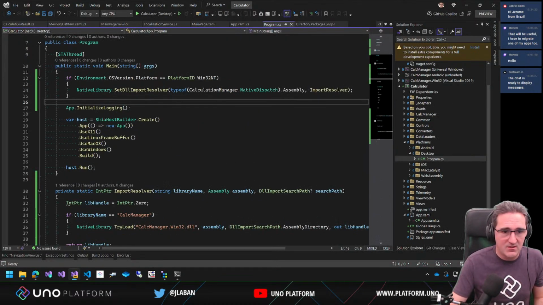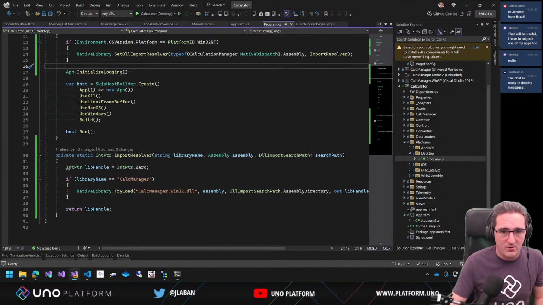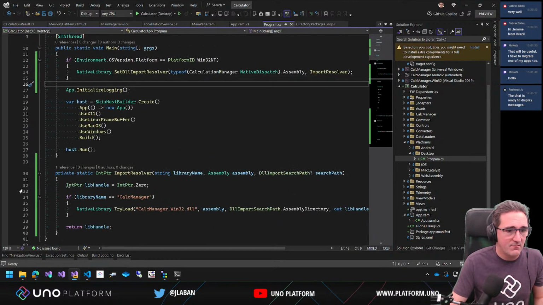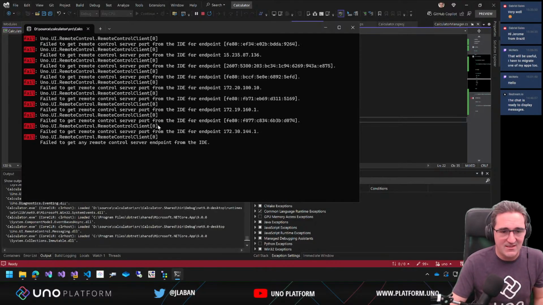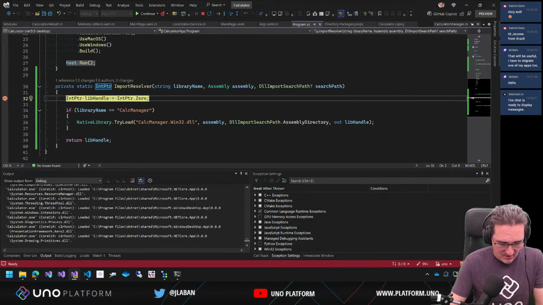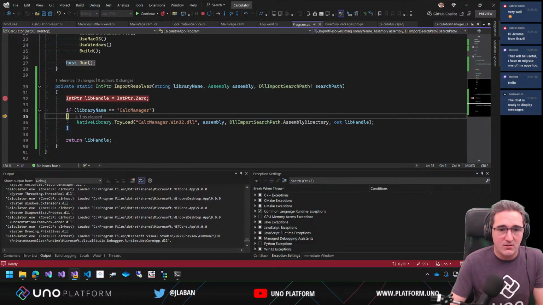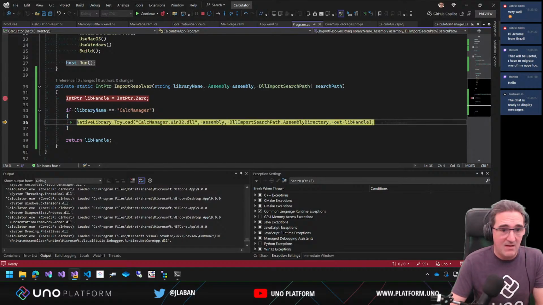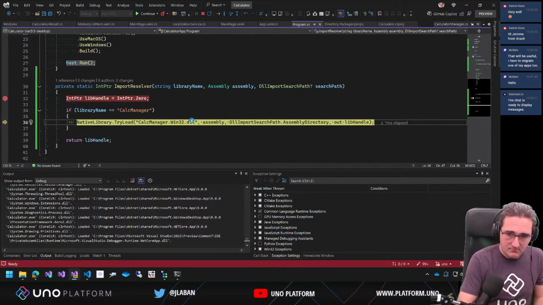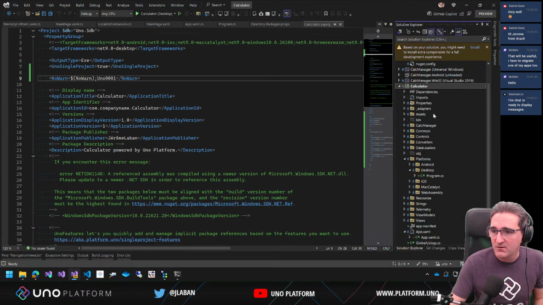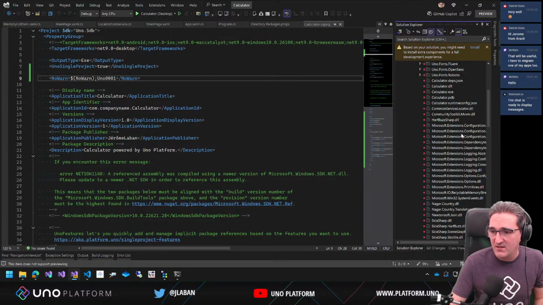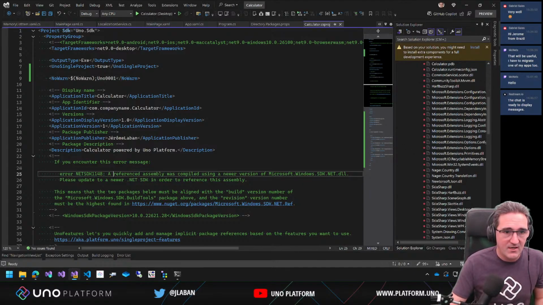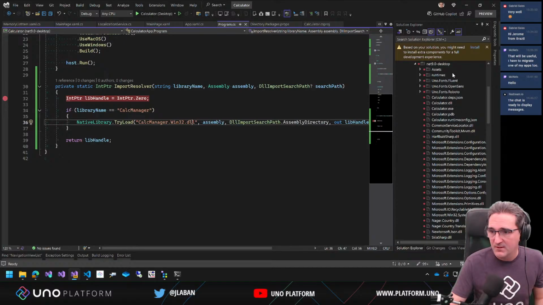So this is related to the code that we added here with the set DLL import resolver, and maybe there's something that is not loading properly. So let's see if we go in that folder. So we do, and we're trying to look for Calc Manager win32.dll. Maybe that's what's not working. So we can go take a look at the output folder of the app and see if there's everything that we need here. So we're looking for Calc Manager Win32, and it doesn't look like it's in there,